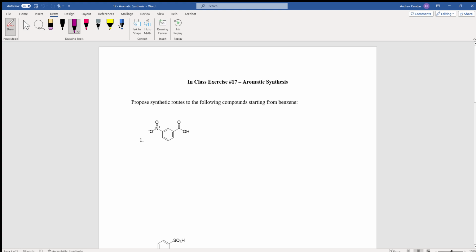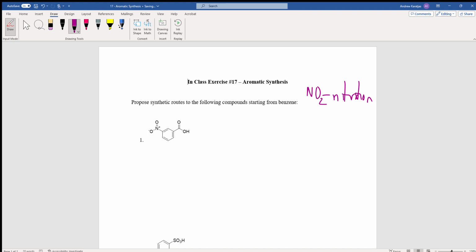When we're working with synthesis for aromatic compounds, a lot of times these kinds of problems come down to making sure you put the groups on in the correct order. You know, in this first question, we have two relatively simple groups to put on here. The nitro group, and we know we can put a nitro group on through direct nitration,